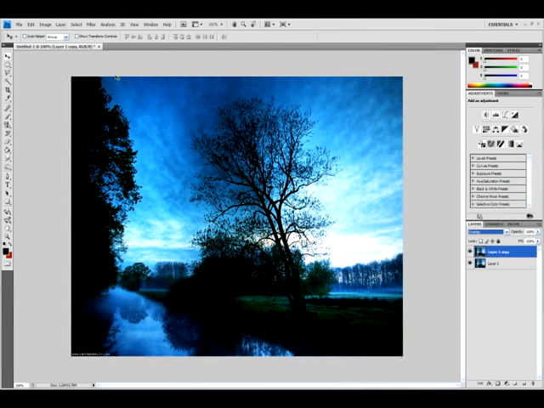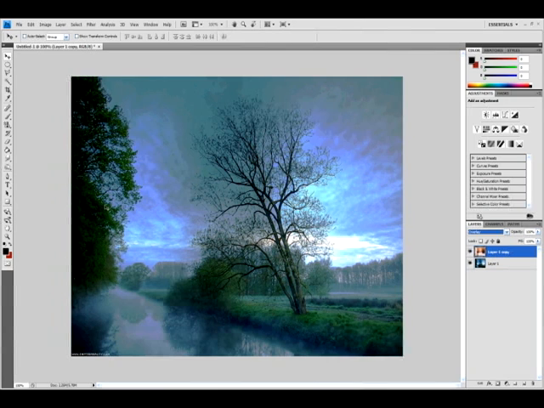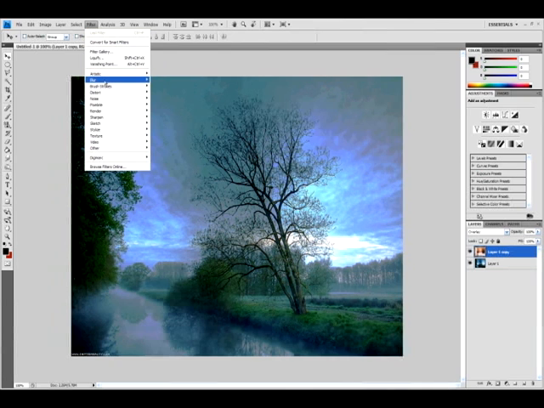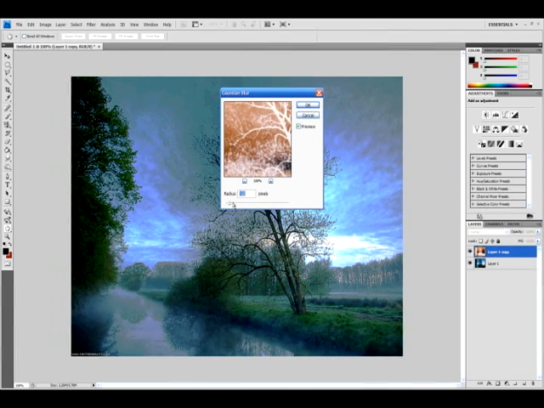Next, we want to invert the image by holding Control and pressing I. For some images it will look very ugly, but it's basically just inverting all the colors that are in the image. Now after this we want to go to Filter, Blur, Gaussian Blur, and mess around